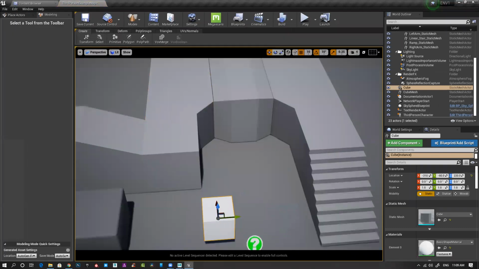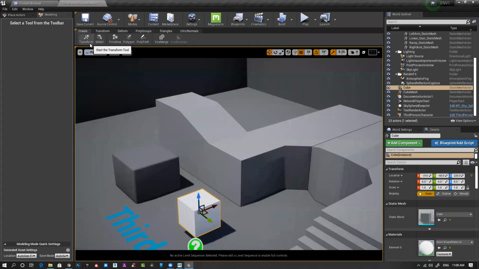Now you see you have all the options for transform, create, select, primitive shapes, polygon, path, deform, polygroup, triangles, UV, normal. So triangles and all these things you can modify. Deform, so you can modify things.